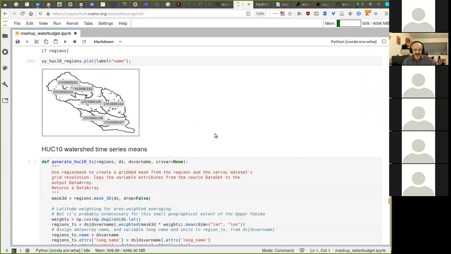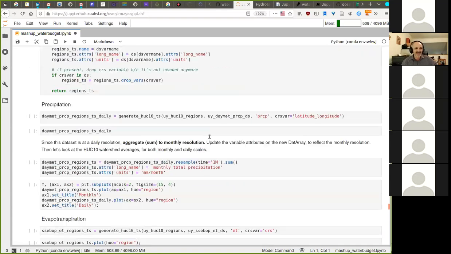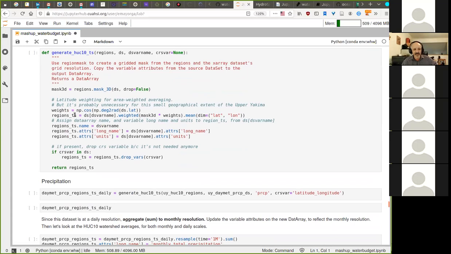Hopefully at some point it'll be improved, or we can improve it. Anyways, so here we've got the data set that is area weighted and a mean that yields a time series. And now we just clean it up. We give it a name. We port the attributes that we lost, the variable attributes, the name and the units,